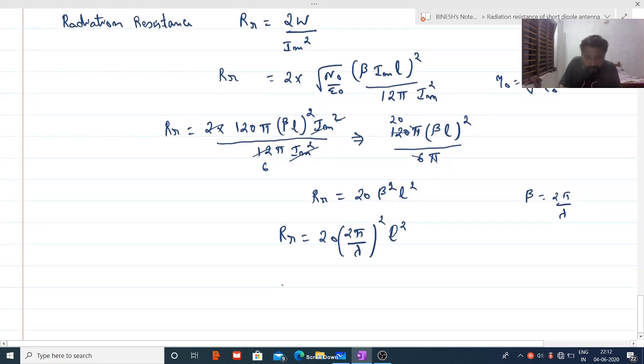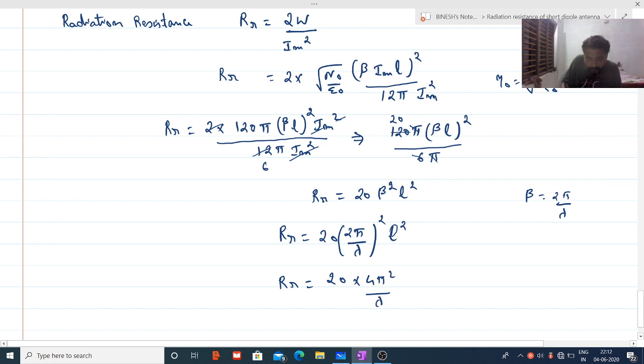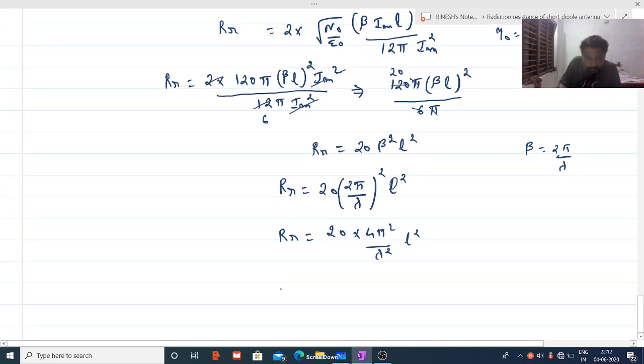That in general we can write as radiation resistance RR is nothing but 20 into 4 pi square by lambda square into L square. That is radiation resistance RR is nothing but 80 pi square by lambda square into L square. Okay,